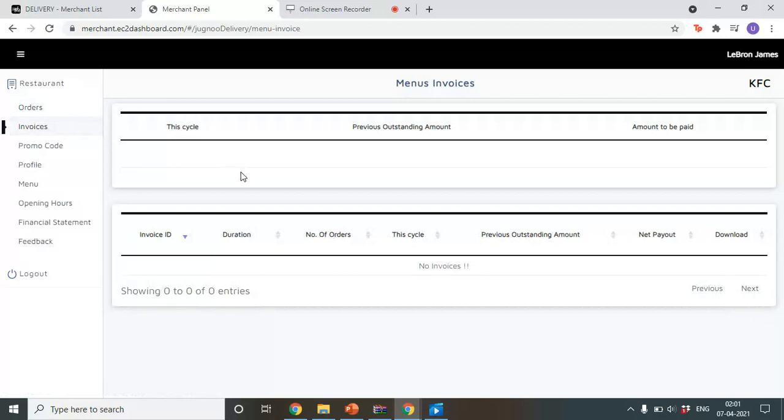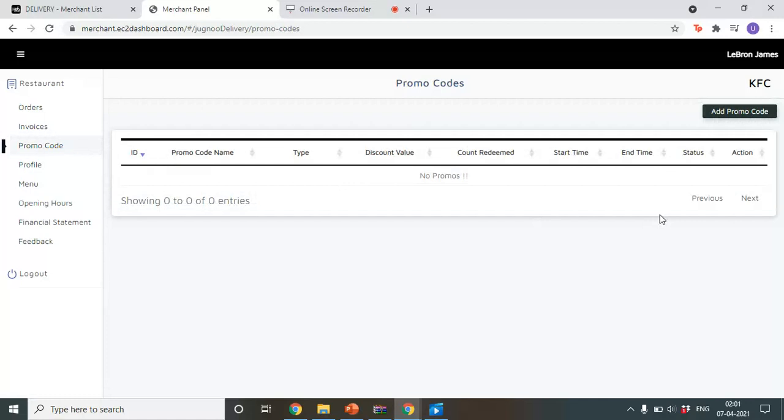Next is the invoices. You can see all the amount that is outstanding, that is owed to the admin. The next is the promo code. If a merchant wants to add any particular promo code to any particular item or category, he can do so from here.